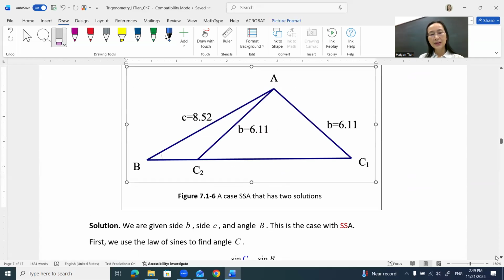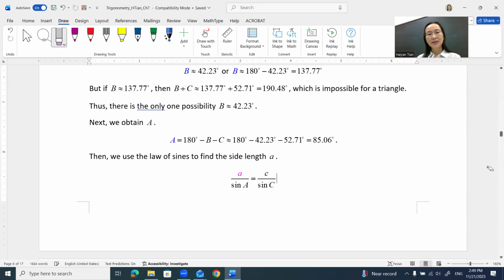So we get two possible values of A, and now we're ready to solve for the remaining side, because there's still, if we look at the picture again,